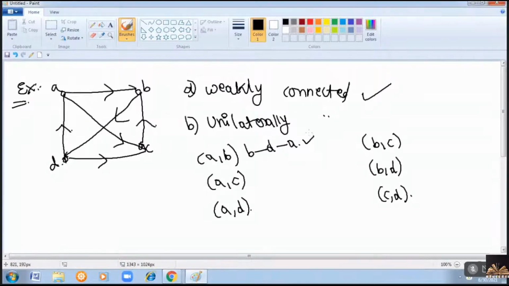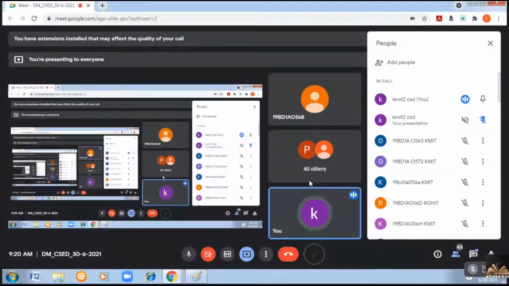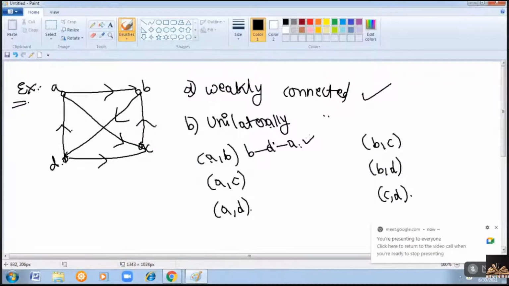Right? Can I reach? So yes, no need to check for the other condition. Here we are able to reach A from B. So for the unilateral condition, in one direction you are able to reach, that is from B you can reach A. So no need to check for another condition for unilaterally. Now check